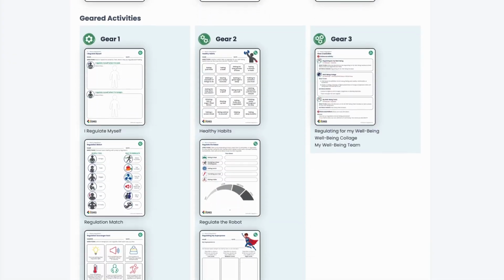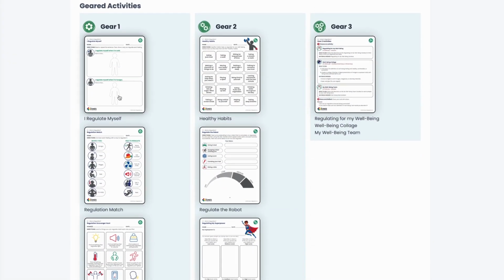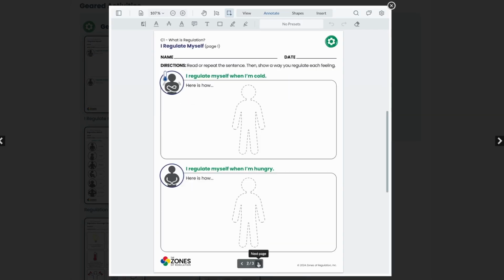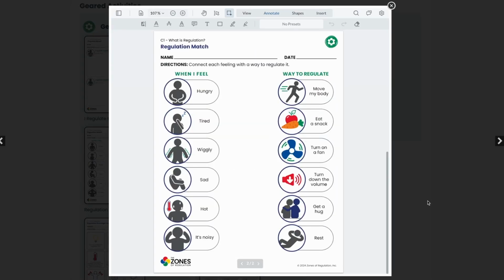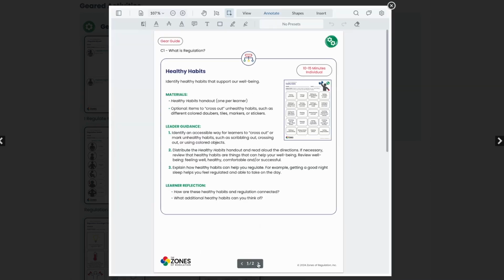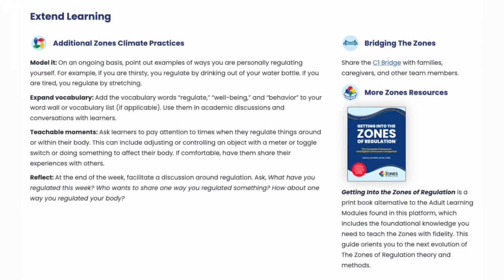In order to address a wide range of learner needs, we created geared activities. These are a menu of activities to apply, reinforce, and extend concepts being taught with varying levels of adult guidance and support. And at the end of each concept, you'll find ways to integrate the concept into your climate and